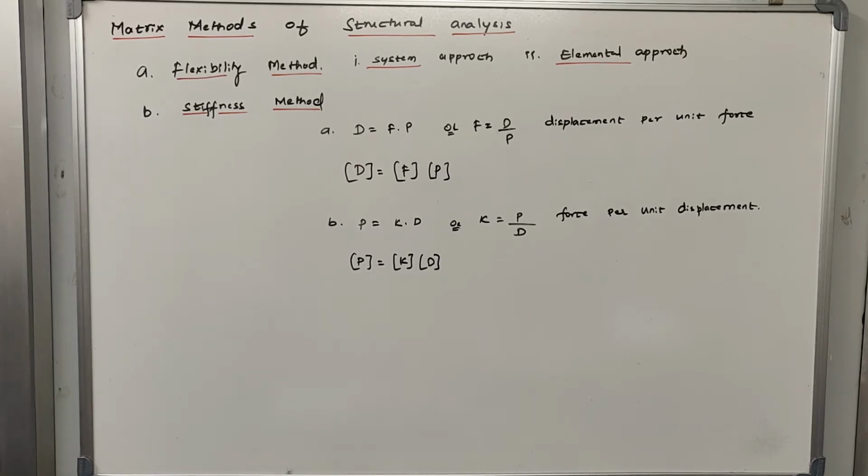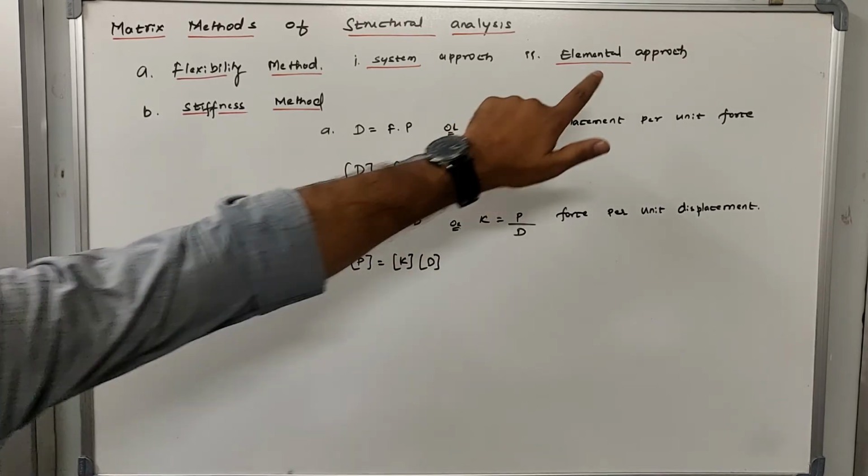To explain what this approach means: a structure consists of several components, which are beams, columns and all of those. A frame is basically made up of columns and beams. If you analyze the translations and rotations, and you want to understand the forces and moments at any given beam, that is called the elemental approach, where you select an individual element and analyze it. This elemental approach you will study in the next semester, in a subject called matrix method of structural analysis. It is an elective subject. If you choose that subject, you are going to analyze any given structure using the elemental approach.